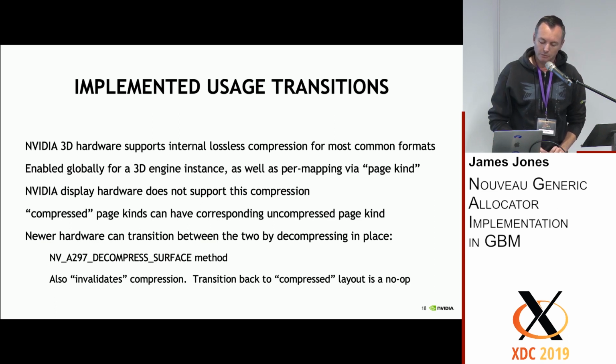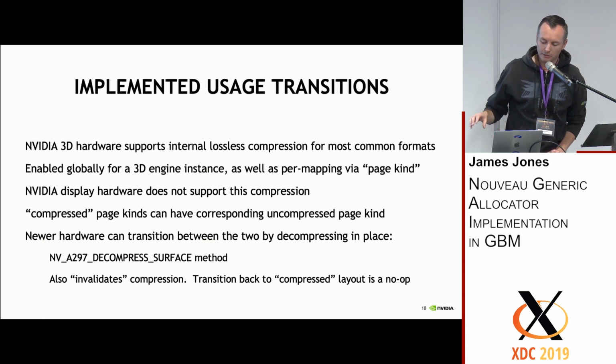So newer hardware, I think, is basically Tegra TK1 and everything that came after that, including desktop hardware, has this method where it can decompress the surface on the fly. So it takes any compressed data that's not been flushed out to memory and basically flushes it out. It behaves more or less like a cache flush. So if your compression were a cache, this would be like a cache flush operation. And as part of that operation, it also invalidates the compression backing store. So if you go back in the future and try to start doing more,